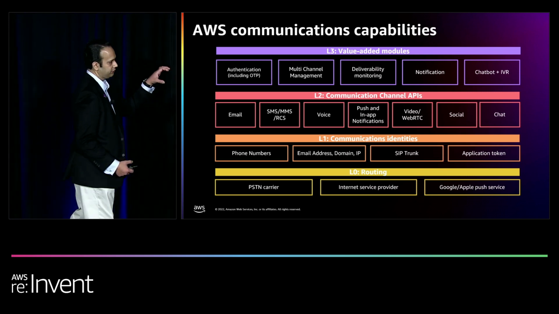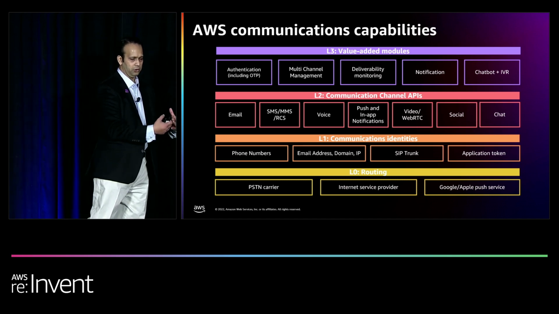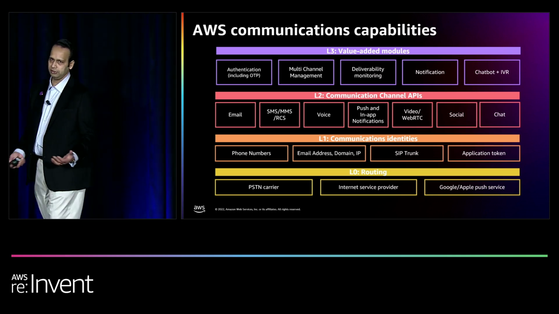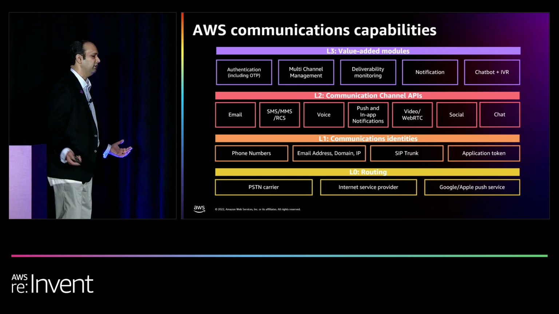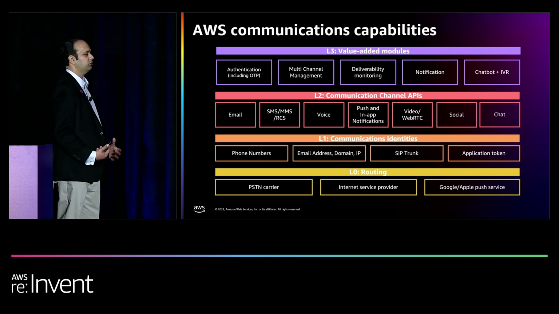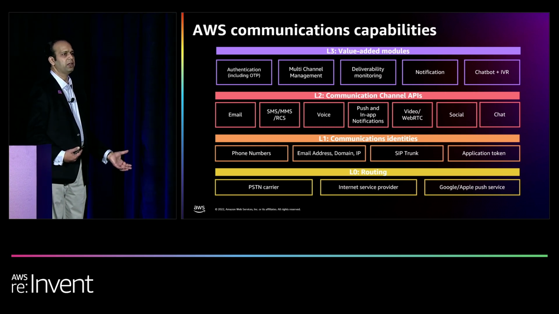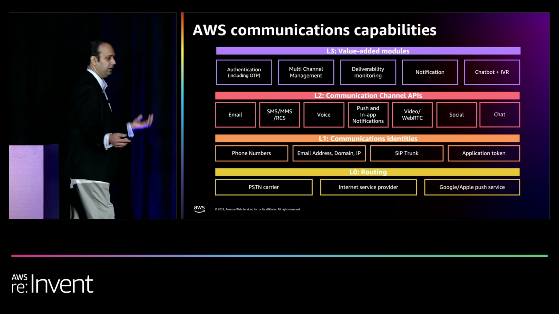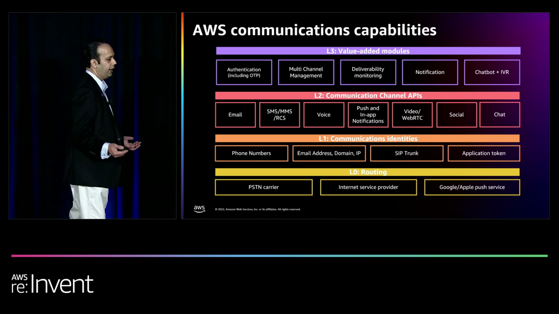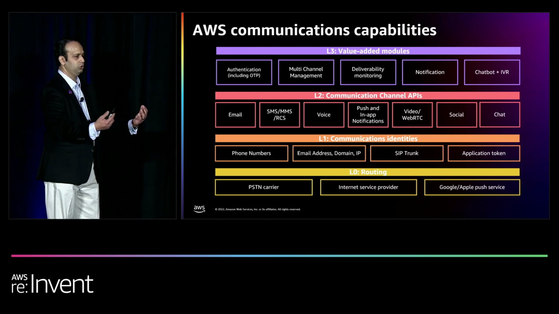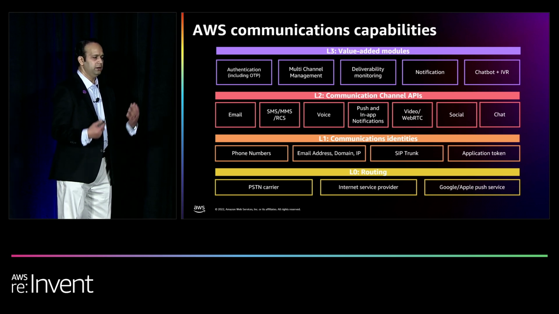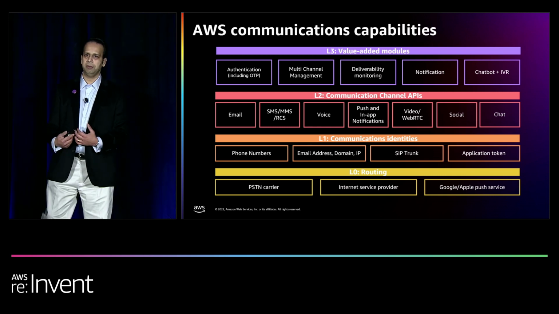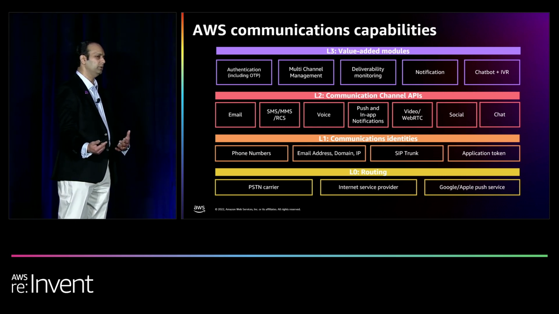Then there's a layer that is around the actual core APIs related to the protocols involved. So in the world of telephony, for example, SIP endpoints, session initiation protocol endpoints, allow a customer to integrate their existing platforms with AWS services. So what are the use cases there? So thinking about the interactive voice response use case, a customer wants to dial into an existing telephone number that's owned by a large banking customer. They do not want that phone number to be migrated to AWS, but they want to use AWS services.